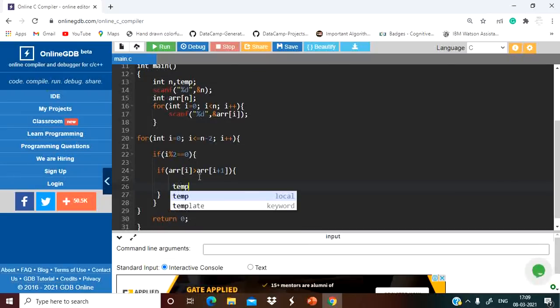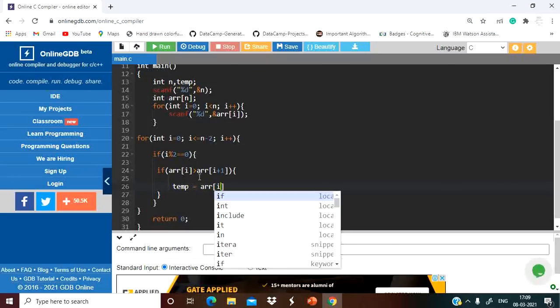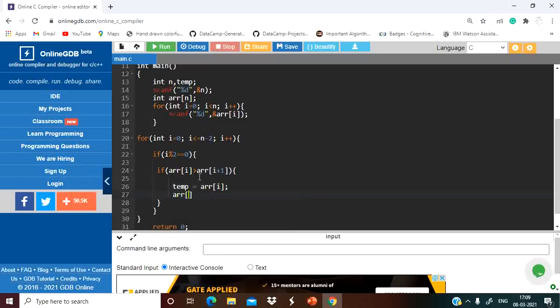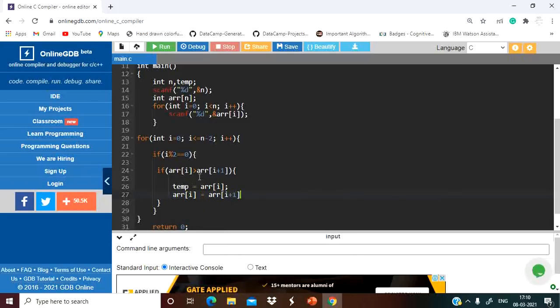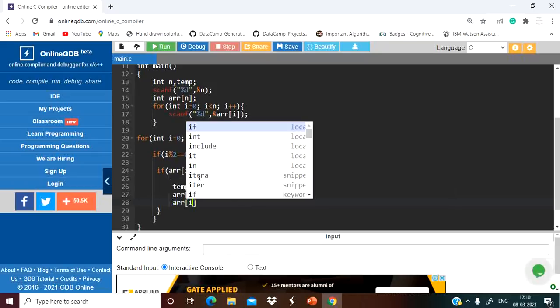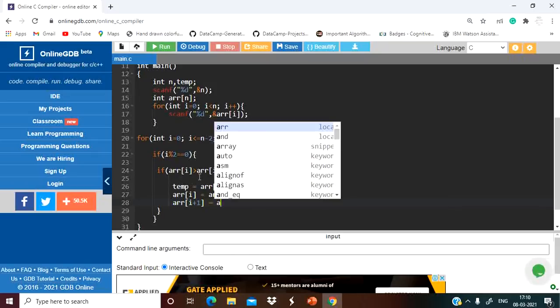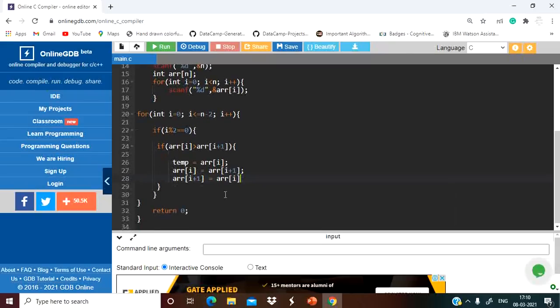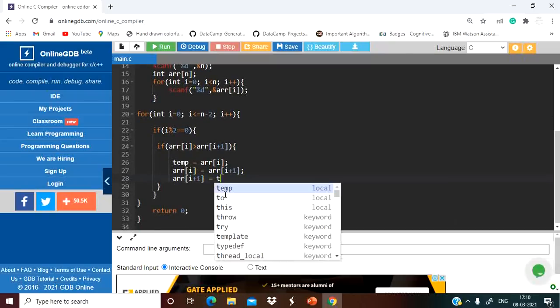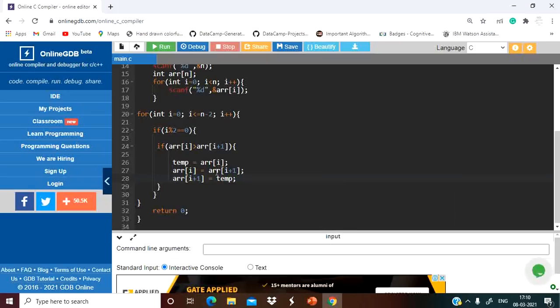So we will do temp equal to arr of i, arr of i equal to arr of i plus 1, arr of i plus 1 equal to temp, right? So here we will do the swapping thing.